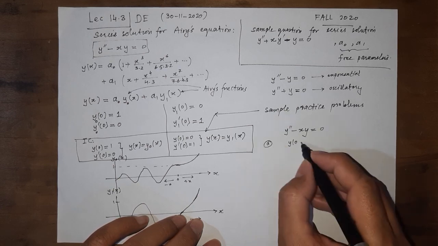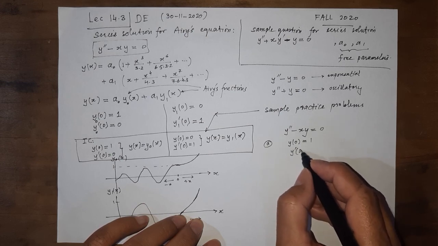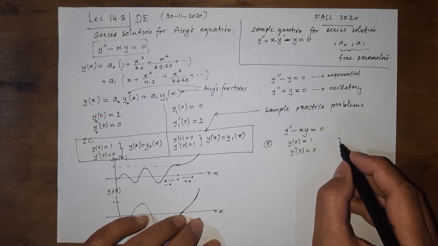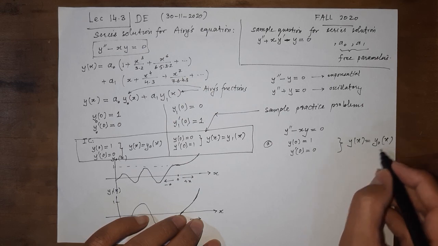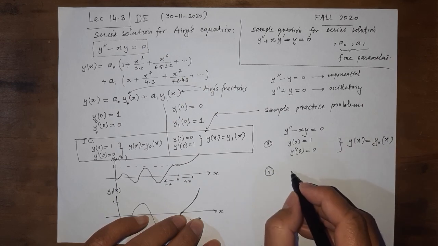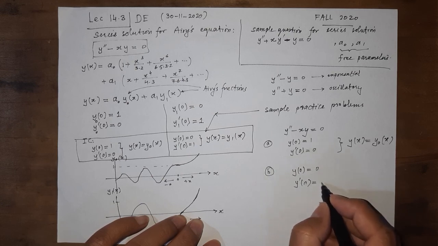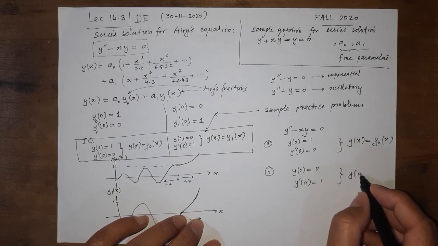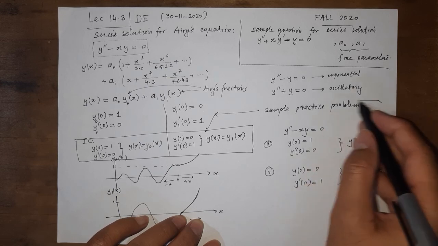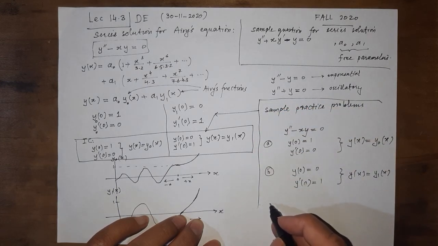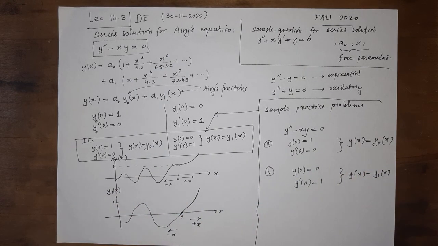In problem A, you can solve for y naught equal to 1 and y prime naught equal to 0, and prove that the solution would be the Airy's function y naught. And in the second, you can just flip the initial conditions to prove that the solution would be the Airy's function y1. So do these sample practice problems, and you would not only master the technique of series solution, but